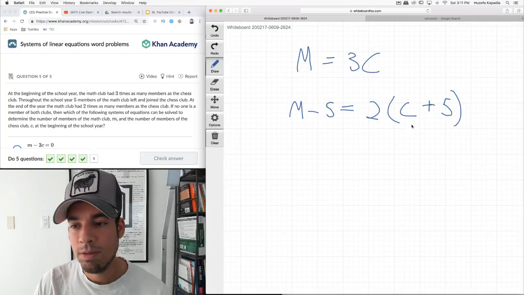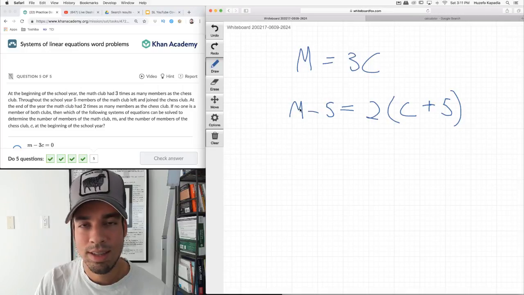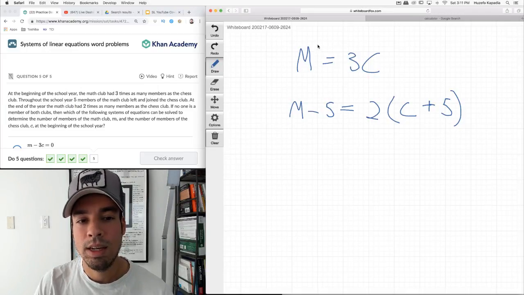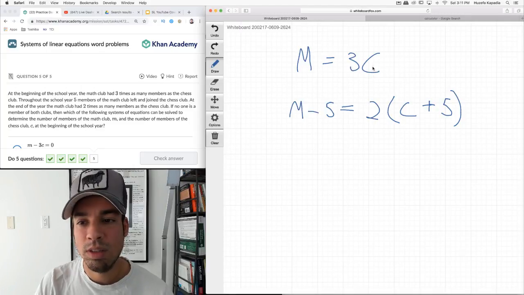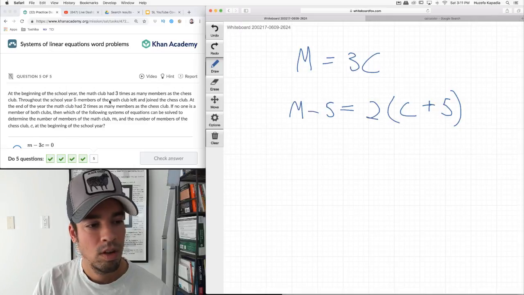Because this is my end of the year figure, this is my end of the year figure, and double this is this. Be very careful not to put the 3 over here or the 2 over here. We say in math to give to the poor. This is the smaller figure, this gets the 3. This is the smaller amount, this gets the 2.